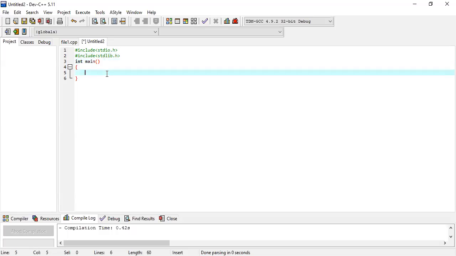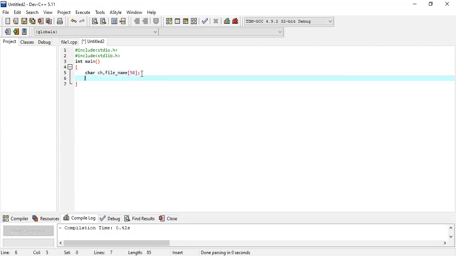Then similarly we have to define here char ch. I'm first writing that one, then I will explain. And file name, suppose 50. After that, we have to mention the file pointer.